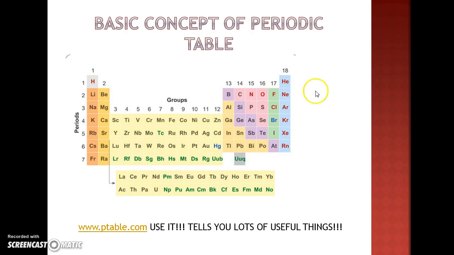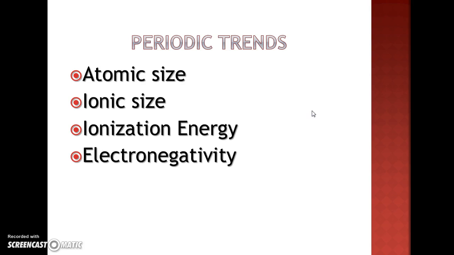But this is taken straight from your OHS. So try to find that again. It's in the first couple pages, and it helps explain to you a little bit of how to read trends on the periodic table. The 4 trends that you're probably going to need to understand is, in some fashion, atomic